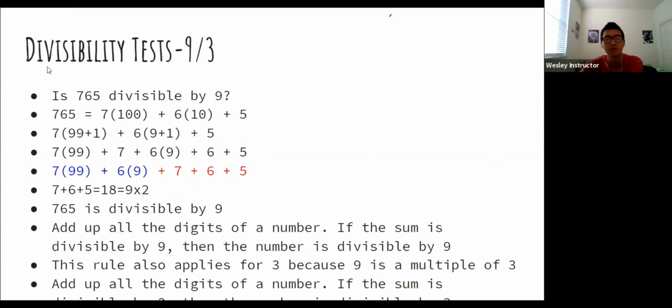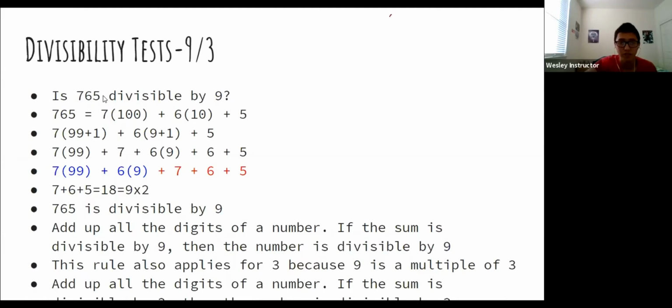Okay, so divisibility test 9 and 3. These are pretty much the same thing. All you gotta do is add up all of the digits in a number. And then if that sum is divisible by 3 or 9, then the whole number is divisible by 3 or 9. So for example,